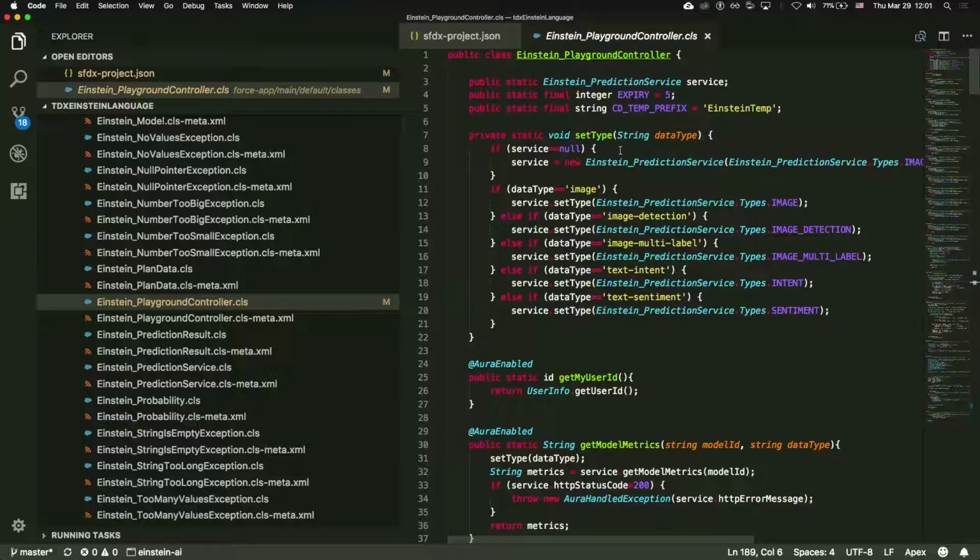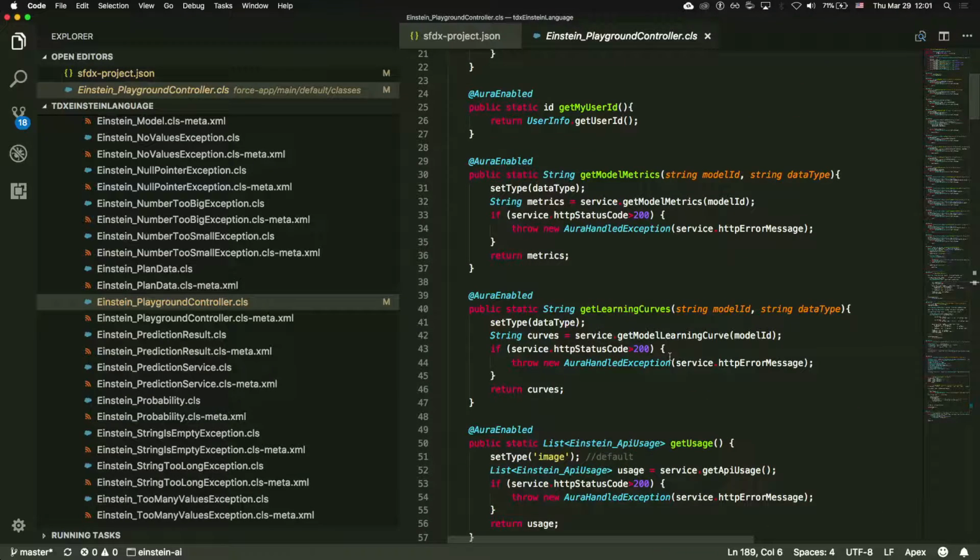And so we're also dealing with all 5 different model types. This gives you the chance to, like when I asked for that model metrics to get all of those confusion matrices and all that, that's actually what this call was. And then the same thing with the learning curves. So all of this stuff has been done for you that you don't have to do. So part of it is getting it out of the wrapper from the Apex.